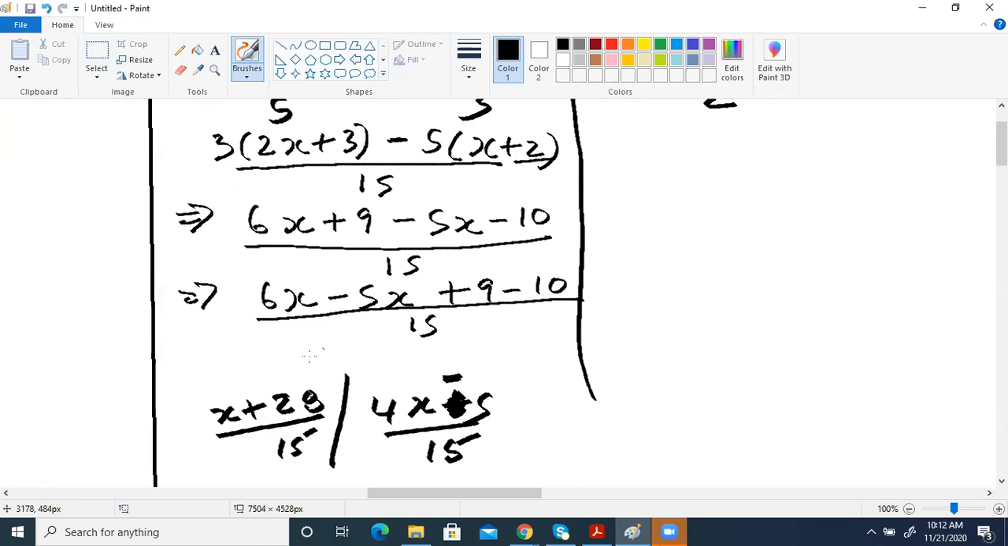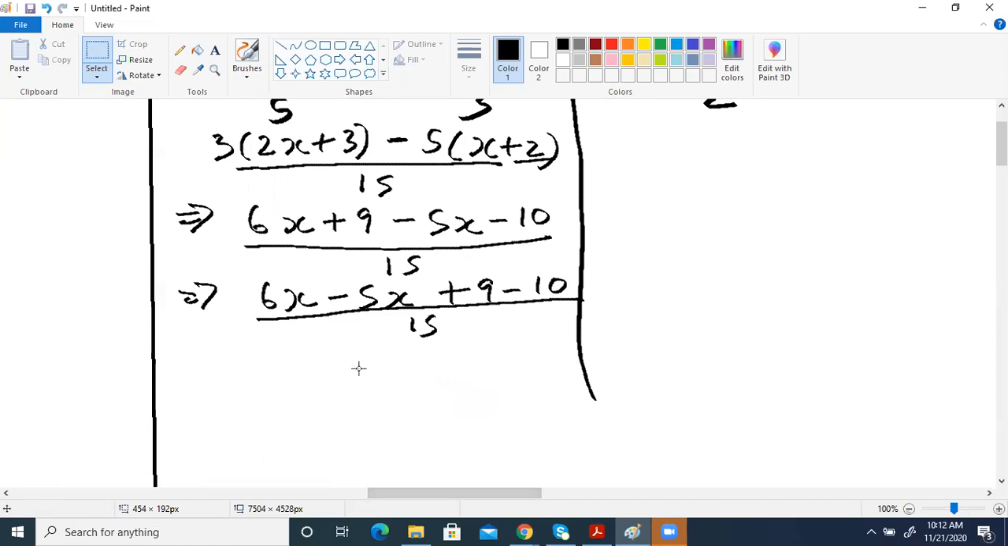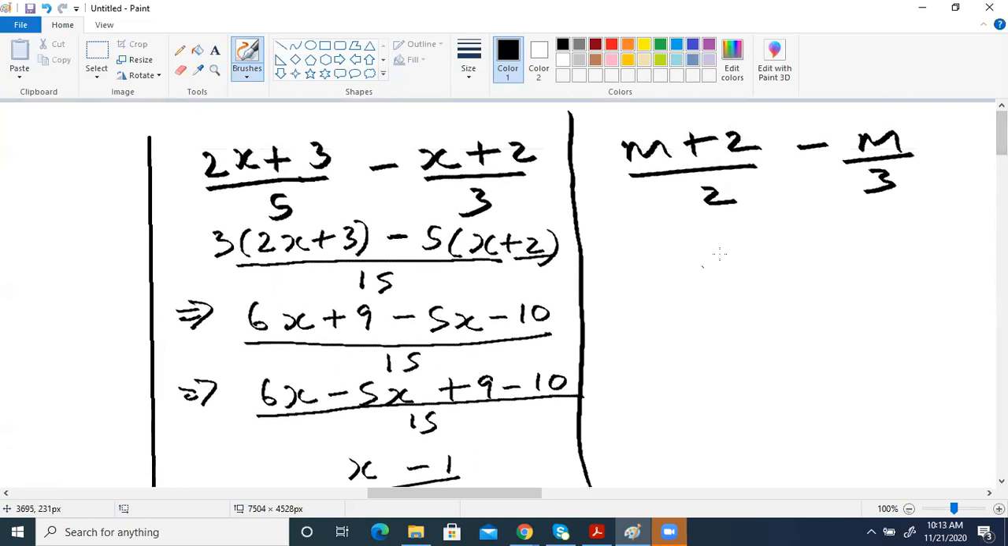Okay, so let me delete it. All right, so we have -1, so we have x, and then this is -1 over 15. All right, lovely. So the next one is